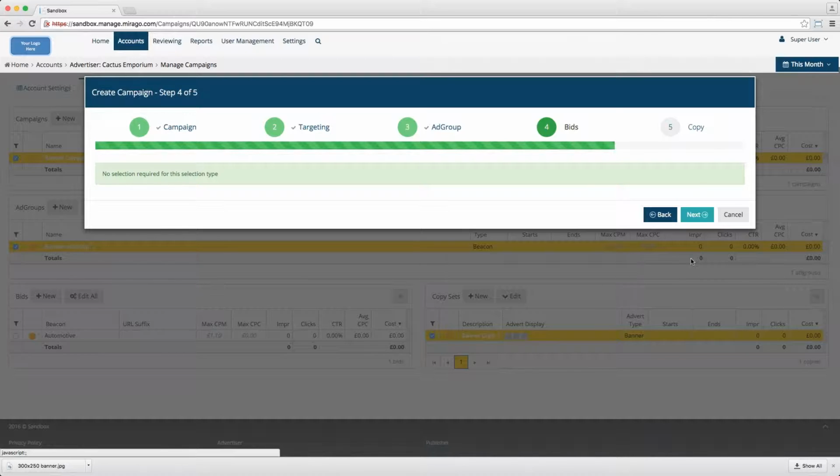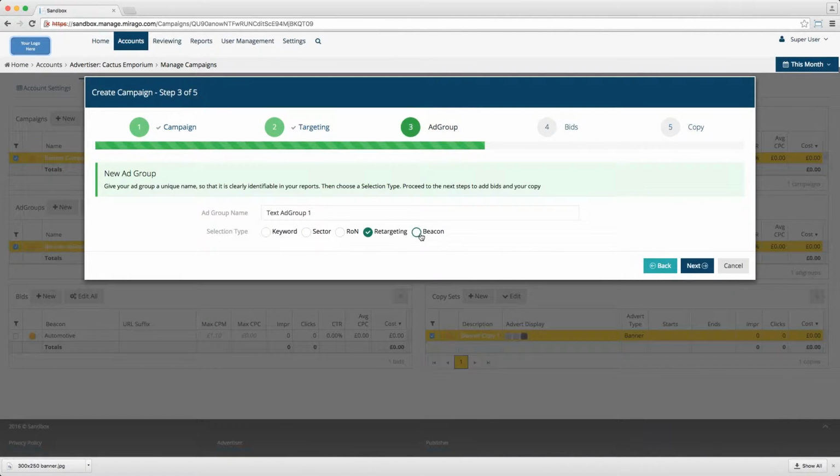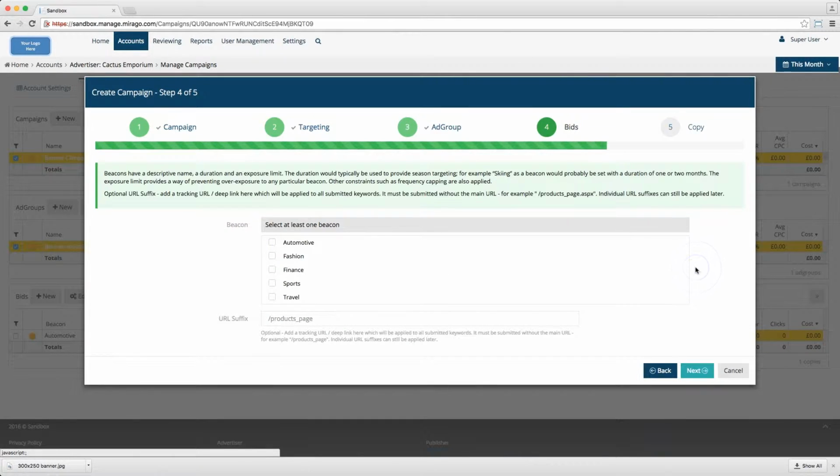the next option, which is beacons. Beacon targeting is a behavioral advertising tool for targeting individual adverts or groups of adverts. The beacons used must be common to all users and all publishers. In order for adverts to be able to use beacons, the network must have beacons predefined. In this example, there are 5 beacons. If I select one, the advertiser will have their adverts automatically displayed on pages tagged by publishers with that particular